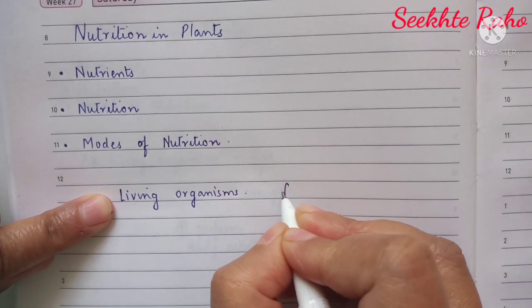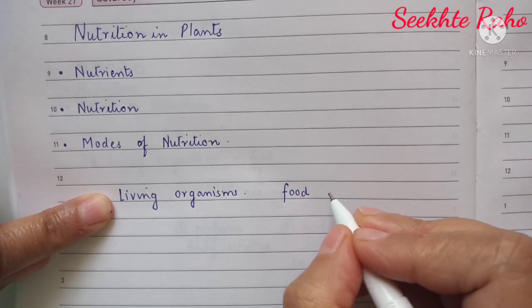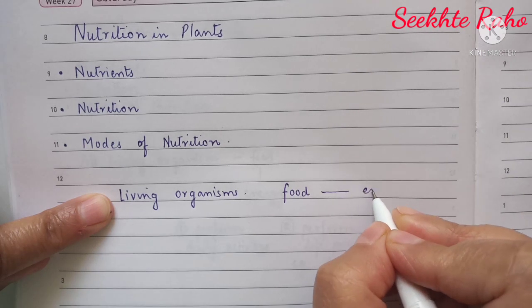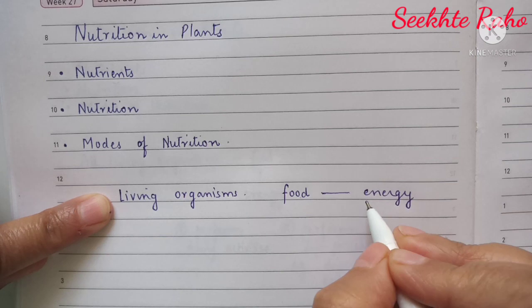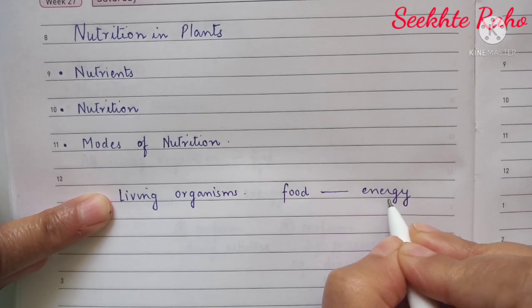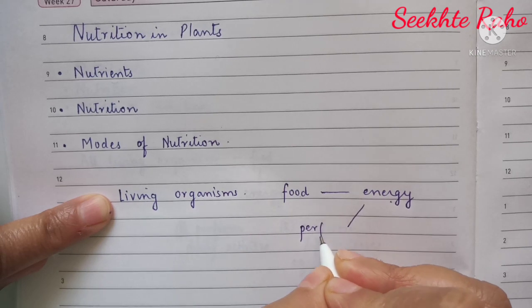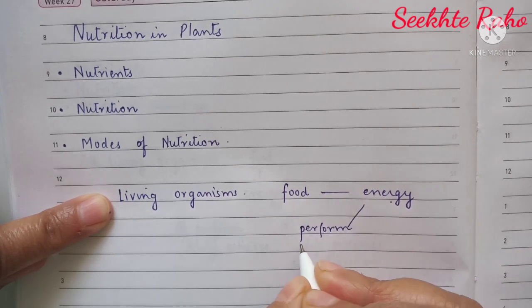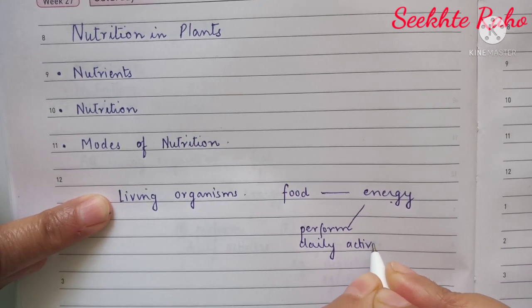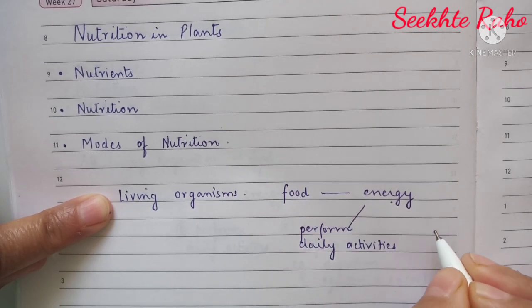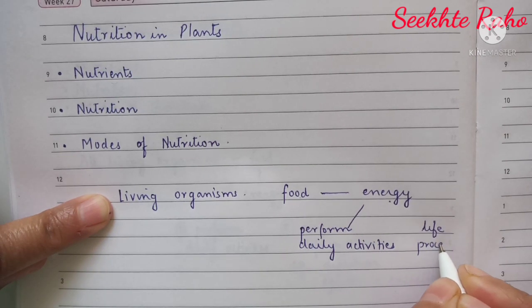Children, we all are very well aware that living organisms need food for living. Why do we need food? Because this food provides us with energy. What will we use this energy for? We will use this energy to perform daily activities and also life processes